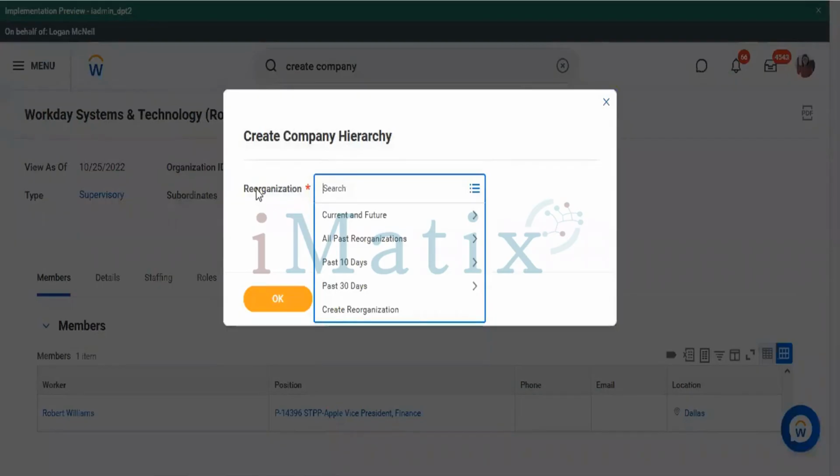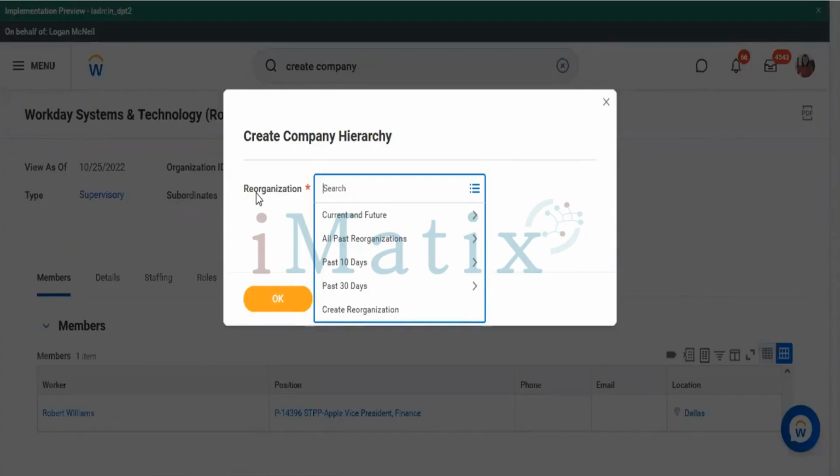And the reorganization is nothing but an event action. Every organization that you create in Workday, be it supervisory or non-supervisory, this reorganization event will pop up for you the moment you start creating the organization. The reason why it pops up is it will be tracking all the additions and all the changes that you're making to the organizations in Workday.